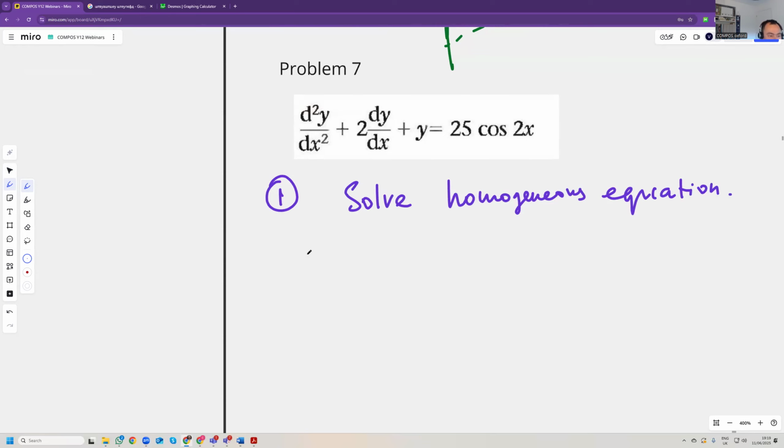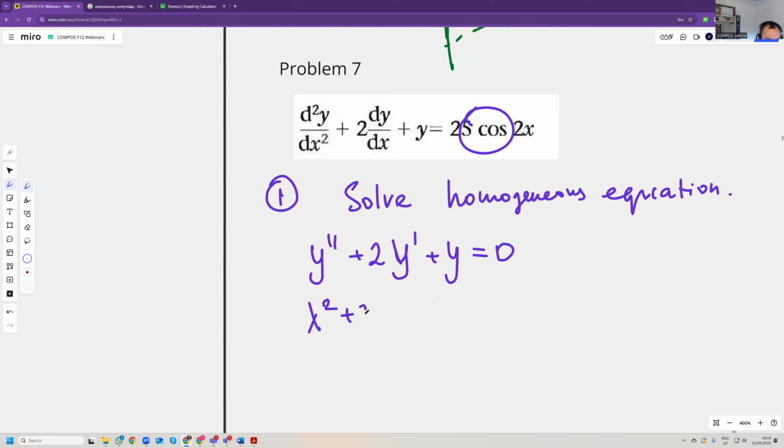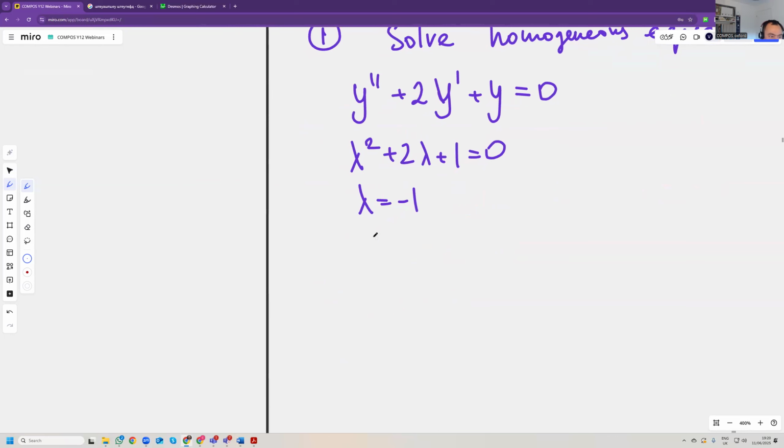Okay, so the homogeneous equation looks like this: y double dash plus 2y dash plus y equals 0. So you just make it 0, and then you solve it. So lambda squared plus 2 lambda plus 1 equals 0. Lambda equals -1. So y, we call it y0,